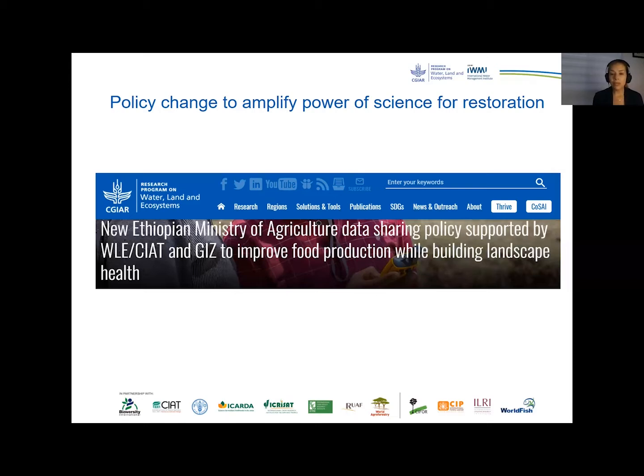So with the support of the Ethiopian Ministry of Agriculture, we established and participated in a national task force to develop a soil and agronomy data sharing policy for Ethiopia. After many rounds of work in this task force, the policy was launched, and now we have a group of different organizations that are working on developing digital information systems to support more appropriate soil management and try to restore the soils in Ethiopia that are key for feeding their growing population. So with this, I would like to finalize this presentation. Thank you.